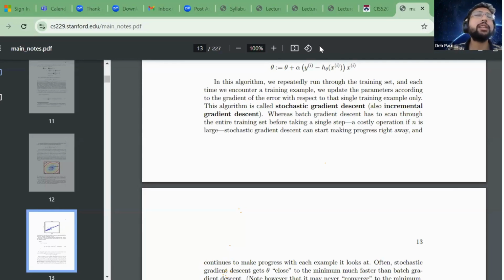So the reason why stochastic gradient descent is used a lot in deep learning is because in deep learning you have a lot of samples. If you wait for a million samples to update your parameter, it will take a long time. But that being said, stochastic gradient descent is much more unstable because you're just looking at one sample and updating. So your parameter updates will be much more unstable, right? You will see a lot of oscillations, losses going this way, that way. That is one problem of stochastic gradient descent, that there's a lot of fluctuation in the model updates before the model converges.